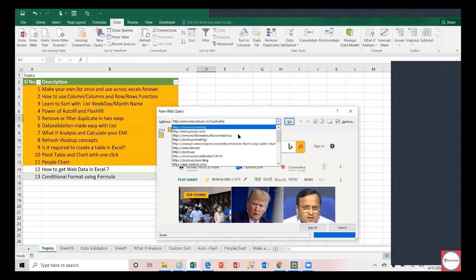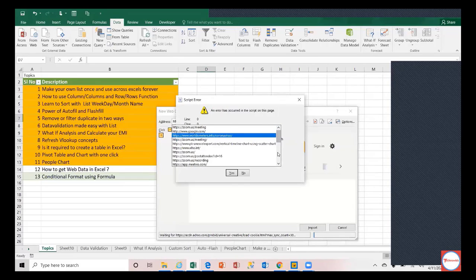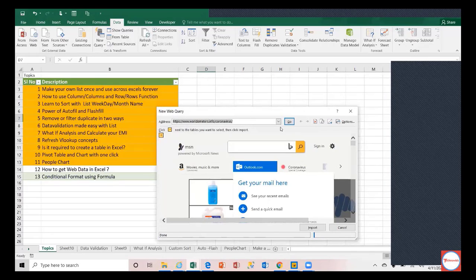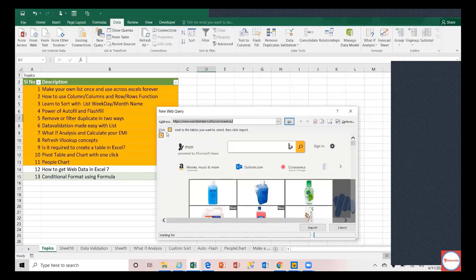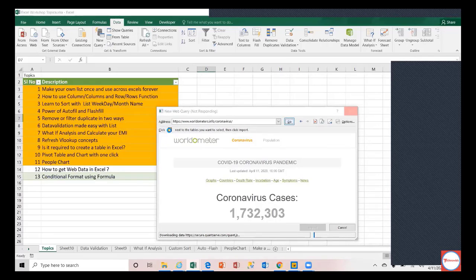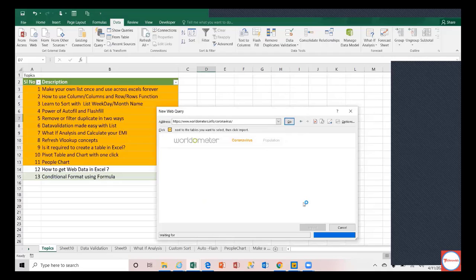For example, currently it's all corona, right? So there could be a lot of sites representing the corona situation, like what is happening, right? I think this is one of the websites. The reason is I was also keeping track sometimes. So if you just say go to that site, it will go to that site. Okay, I think this is the site. I am not interested in the data currently. I'm just interested in how I can bring it to Excel, right? That's what I'm interested in.